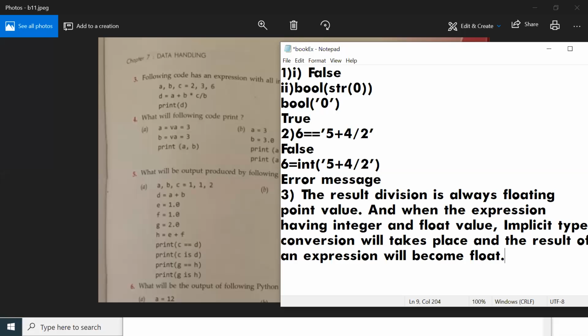Okay, so they are not asking you to find the output. They are asking, I always say that, read the question. If they have given any program segment, don't just assume that they are asking an output question. After reading the question only, I came to know that they are asking why it is a floating point value. So you are expected to give the explanation for that. Okay, so you have to be careful with that.